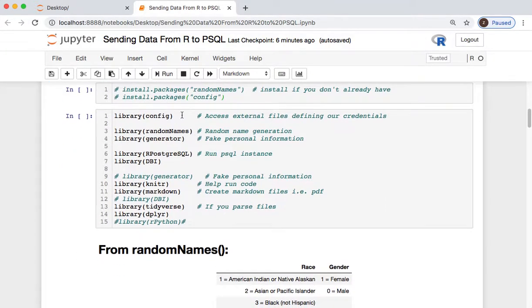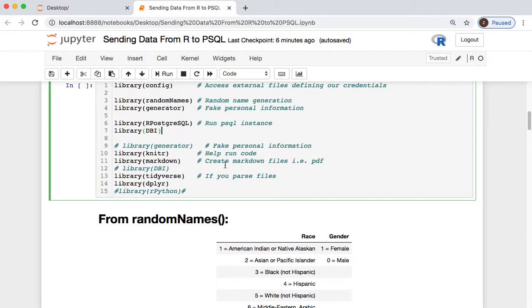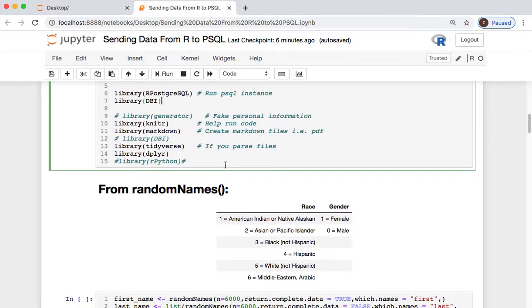We will use the config library to access our credentials that we're creating privately, and that will interface with the DBI connection going to our database. We will use the randomNames and generator libraries to create our fake information today, and if you would like to utilize markdown format